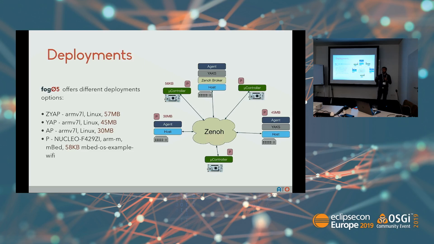When it uses the FogOS API to show the list of the nodes, it will say, okay, there is this node with this UID. Then when you get the information about that node, you will see that it is just a microcontroller, but you have it. So you don't have to bother about it, I can connect my small devices. And in other deployments, when you don't have the YAX server, this means that the state will not be kept in this node, but the state of this node will be kept in one of the nodes in which we have the YAX server.